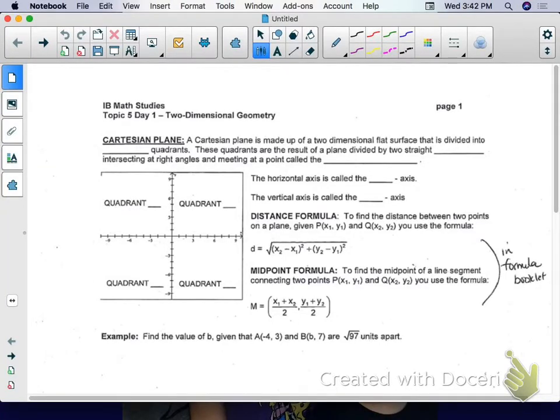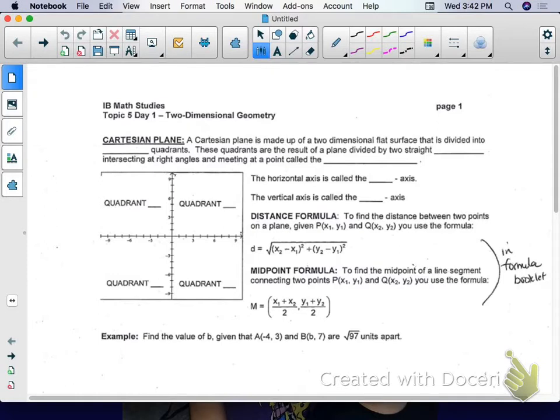All right, so this is going to be a quick review of stuff from chapter 3 in our book, but this is actually part of topic 5, which is geometry and trigonometry. So it seems kind of weird that this would be in with the other stuff, but it is. So here we go. First of all, a Cartesian plane, that's what you're used to looking at when you talk